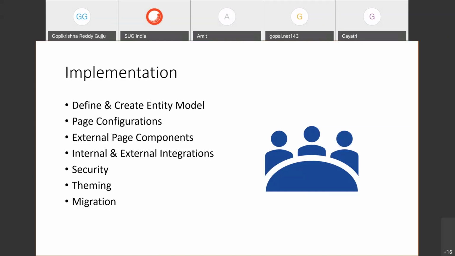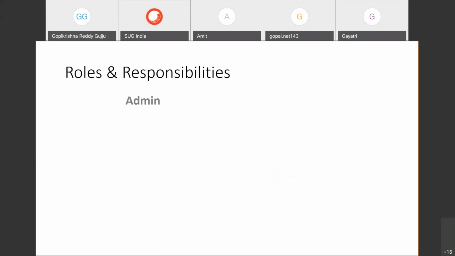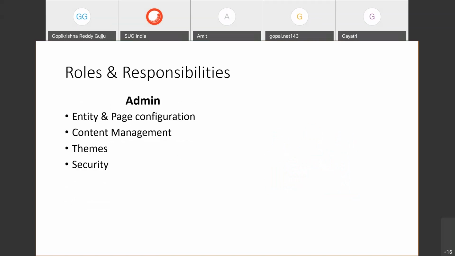So we saw the implementation, right? Now let's see the roles and responsibilities, who plays what. You might have already seen the Content Hub courses, if anyone has gone through the Sitecore learning portal. They split into Content Hub users, admin, and developer, so all three levels of courses. I'm not focusing on users now. I'm talking about admins and developers only.